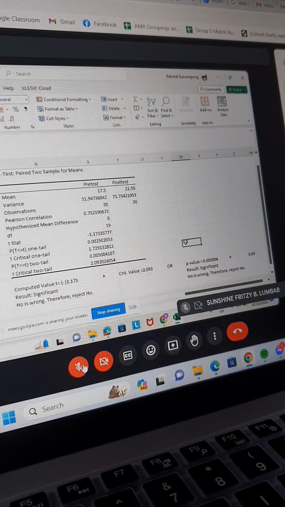Okay. Now, we will go to the z-test. Remember that the example in the z-test